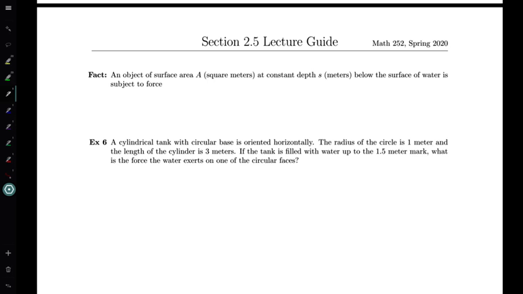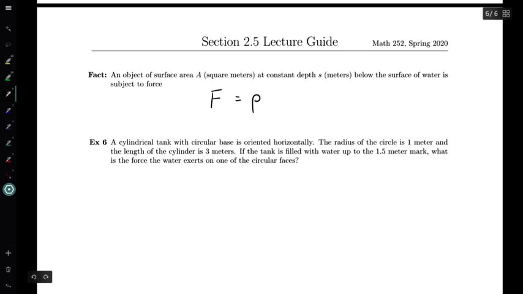The last physical application that we are going to look at here in section 2.5 is that of hydrostatic pressure and hydrostatic force. Really, we're just focusing on hydrostatic force. The fact that we're going to be just assuming from physics here is that an object of surface area A in square meters at constant depth s meters below the surface of water is subject to force